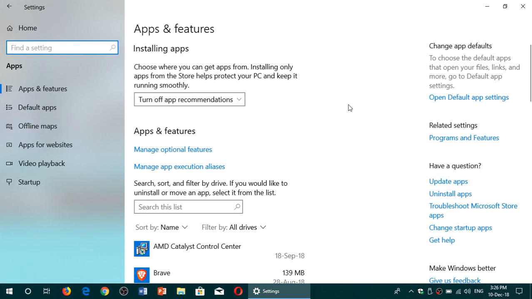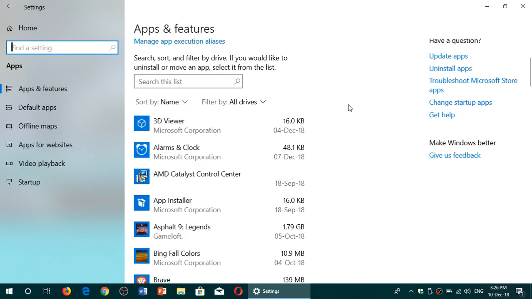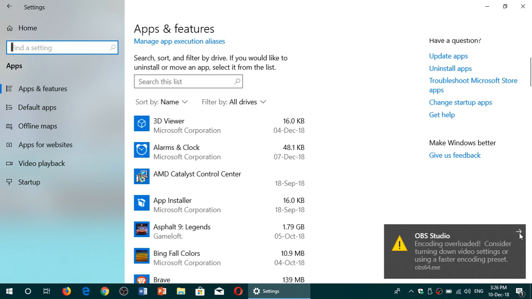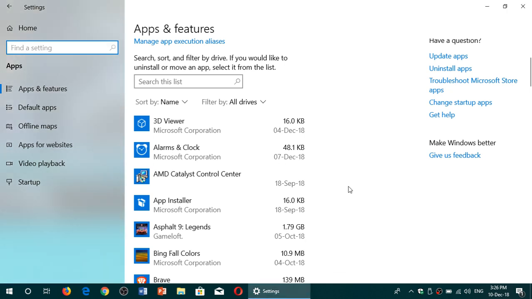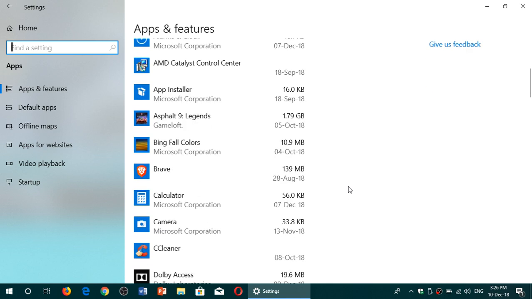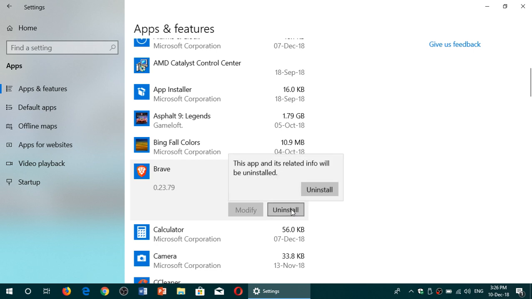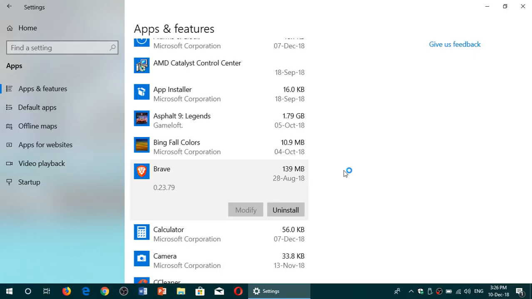Apps includes every app, including those that you can uninstall, like old 32-bit apps, not just apps from the Microsoft Store. So you click, and you have an uninstall button that you can click. And you see here this app and its related info will be uninstalled, and you click the uninstall button. Sometimes you'll have to confirm that you're uninstalling, and once it's done, it should, of course, be uninstalled from your